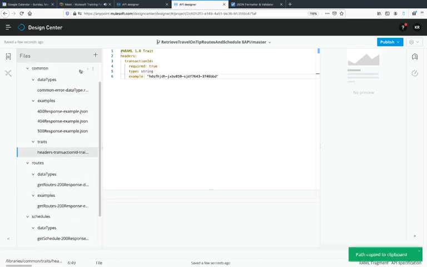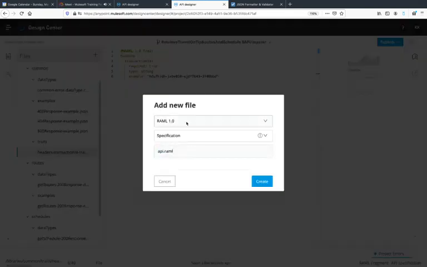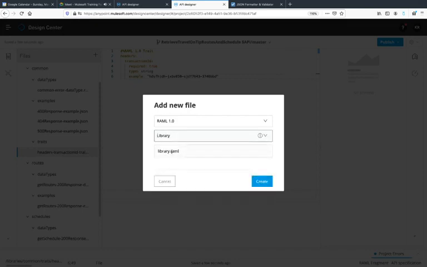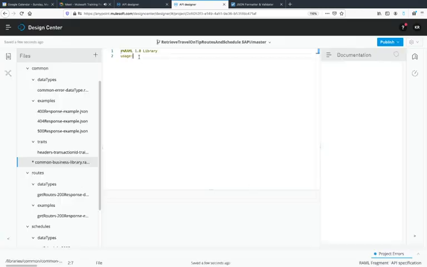we need to create one more file inside common. That will be new file, type will be YAML, and this specification will be library. Name will be common business library. Okay, create. Here inside usage we need to create traits,